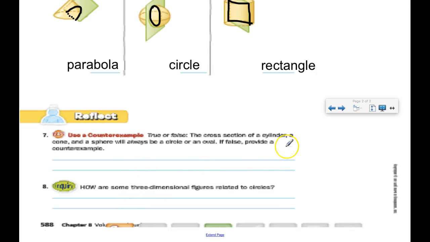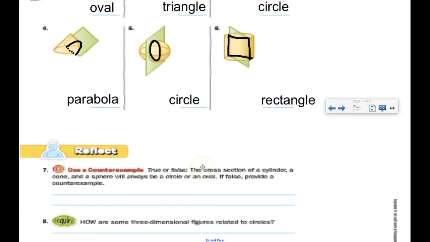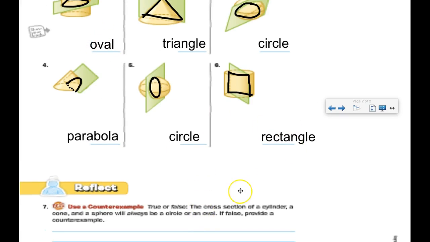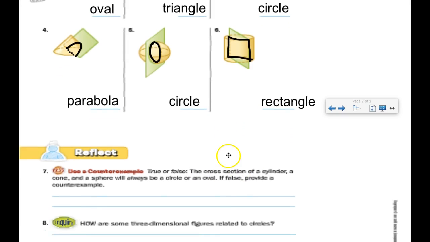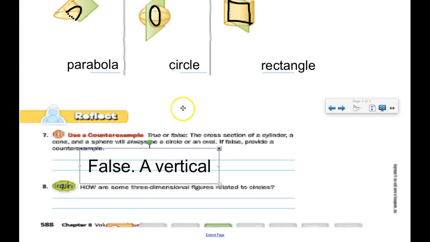True or false? The cross-section of a cylinder, a cone, and a sphere will always be a circle or an oval. Always? No, not always. Why? Give a counterexample, it says. Well, there's one up here. This is not a circle, right? Nor is this a circle. If false, provide a counterexample. Well, it is false. The counterexample is that a vertical, right, because we took a vertical cross-section, straight up and down,